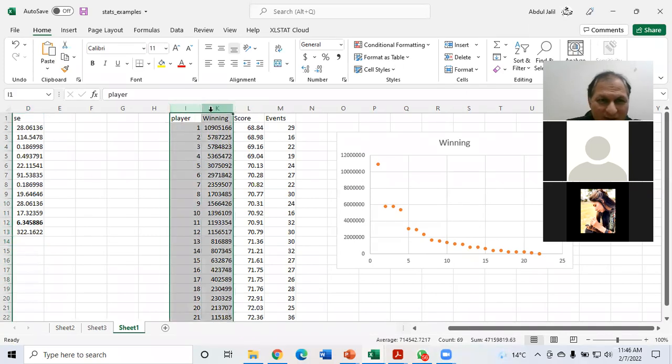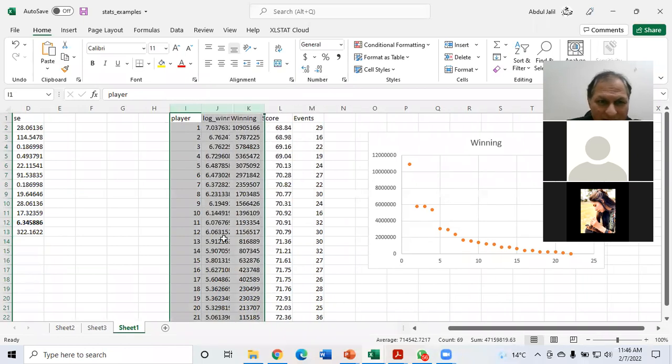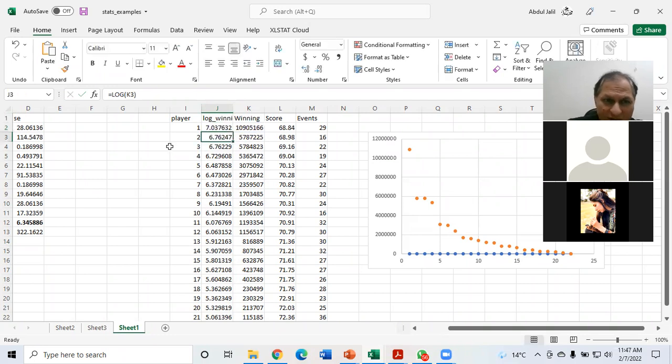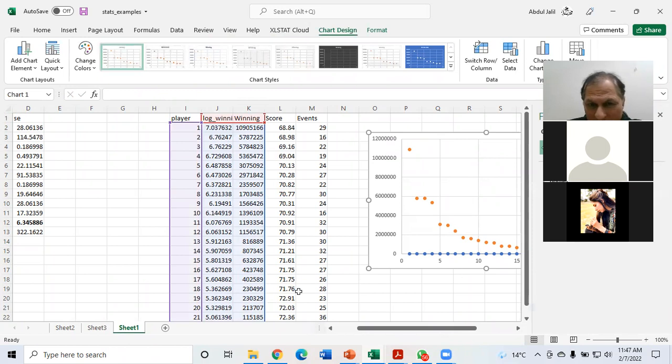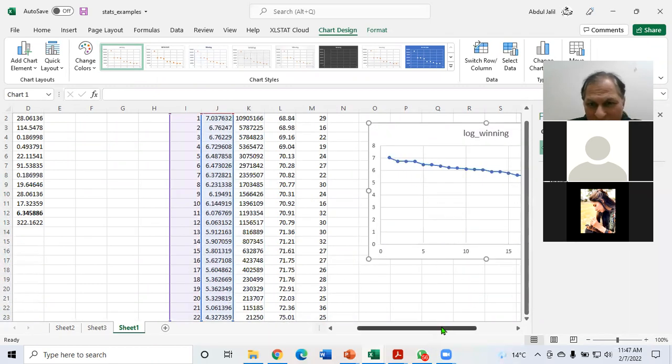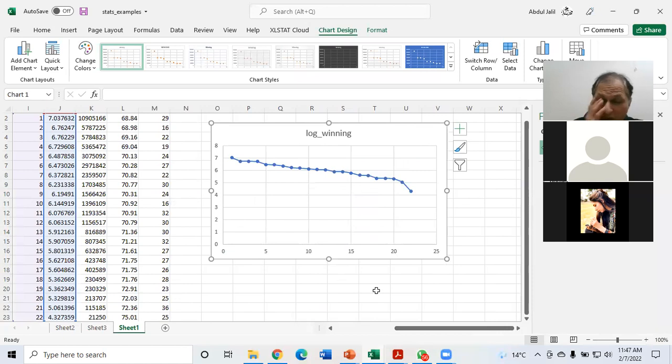So what I did, I just took the log, right? And then this is the log of this value. You just write log, then click this amount and then enter. You will get the log value of this winning amount, right? Now, if we create the relationship calculated with respect to the log value, then you may have this kind of relationship after taking the log. The relationship is not so much non-linear, but still it shows some variation.